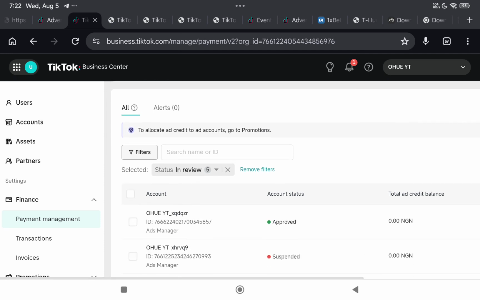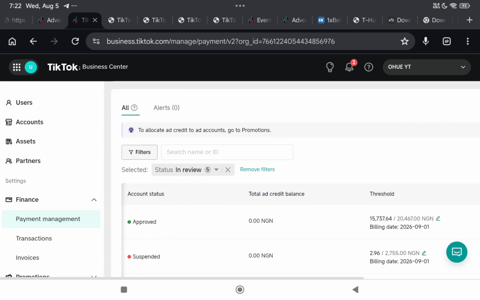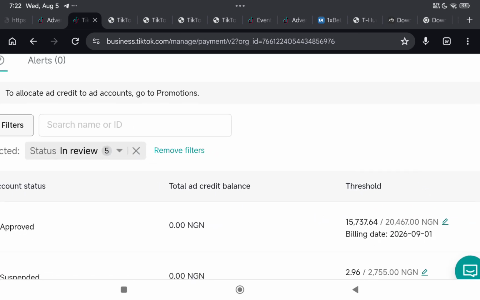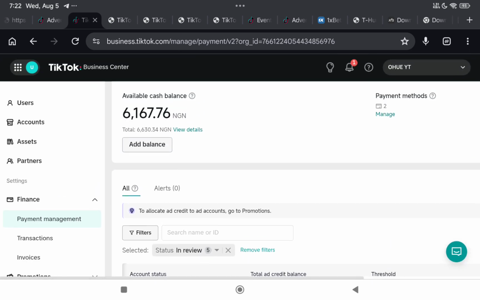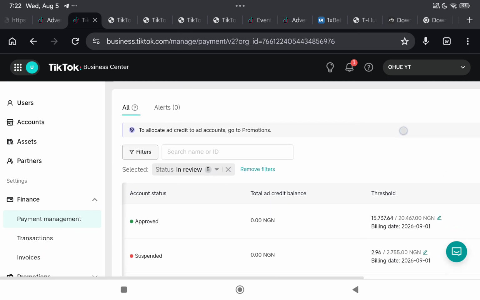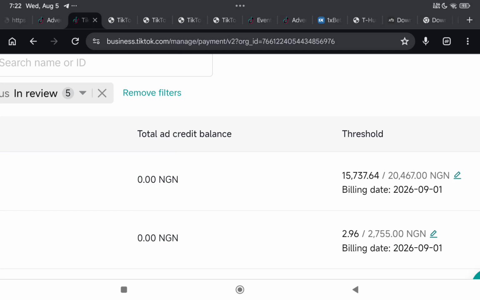Now look at it. This is how it is. This is the threshold, 20,000 naira. My card is linked to this TikTok ads account, in the sense that TikTok is lending me 20,000 naira to run my ads. Once it gets up to this 20,000 naira, TikTok will tell me to pay up. They will then collect it from my funding account, which is my virtual card. So I don't need to come here and do ad balance, or monitor my account thinking the money inside will soon finish and I need to add money to it. No, TikTok does it automatically. Once this gets to 20,000 naira, they deduct it from my account. So I don't need to stress myself.